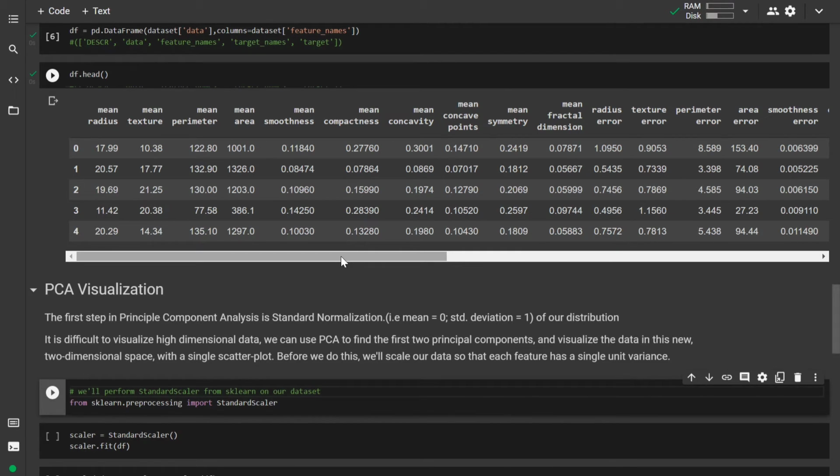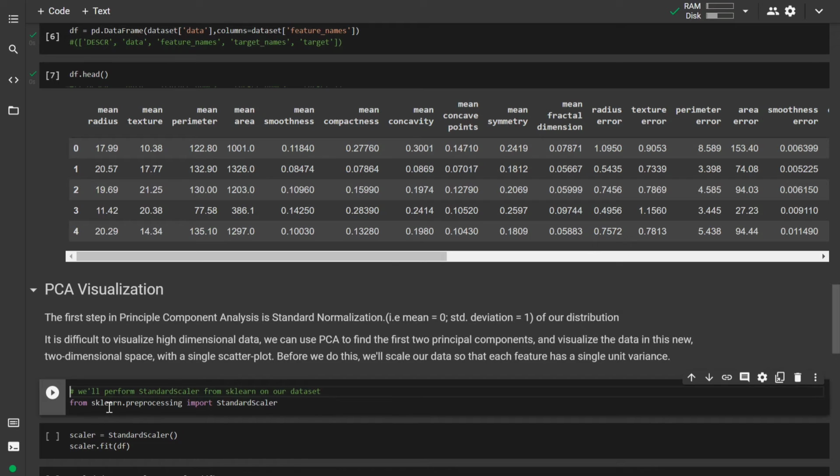Eventually, PCA visualization is where we convert high dimensional data into low dimensional data, into some smaller dimensions, so that we can apply further algorithms on it easily. You can see that this data has various values of various ranges. So it's important for us to standard normalize it, because each feature is equally important. When we are reducing the dimensions, each feature is taken into consideration, and we want it to have equal value in our dataset while reducing the dimensions.